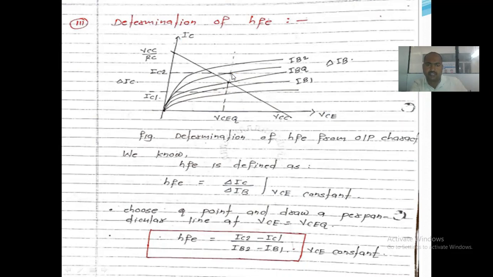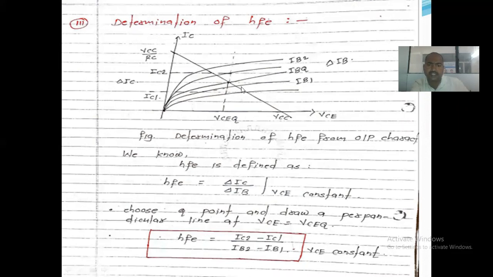See, this is the line, the perpendicular line on this IC versus VC plot. To calculate the value of HAP, we draw the perpendicular line on this IC versus VC at this value, right? So for the calculation, we take the plot of VC versus IC at different values of IB. IB indicates the base current.